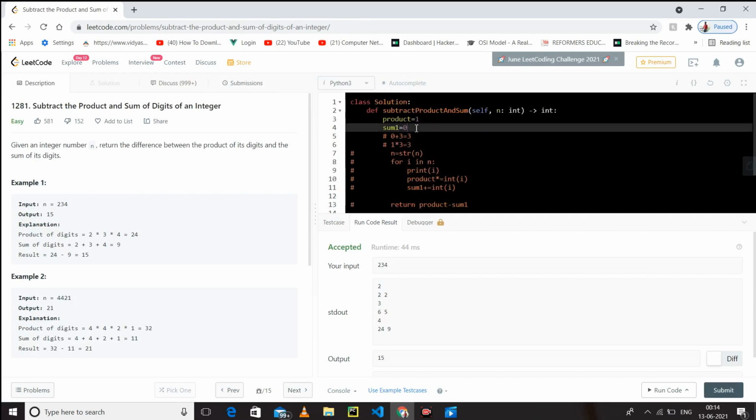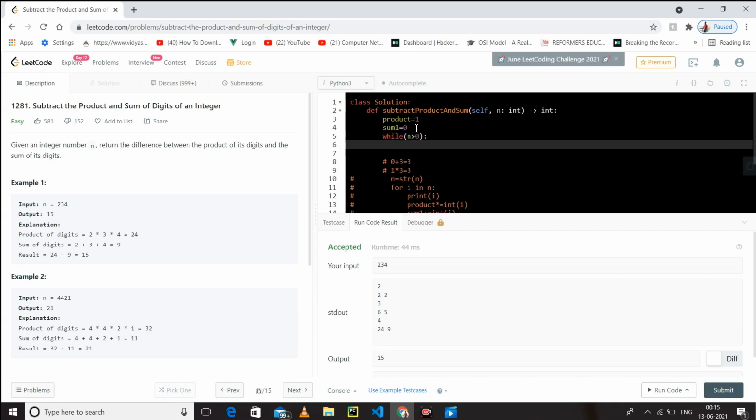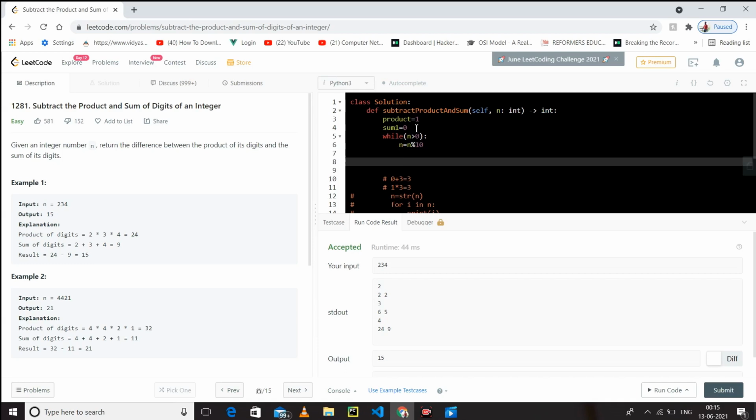What we will do, we will take while n is greater than 0. So what we will do, n is equal to n divided by 10. So we will have 4.